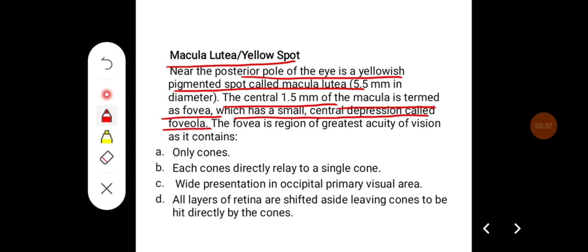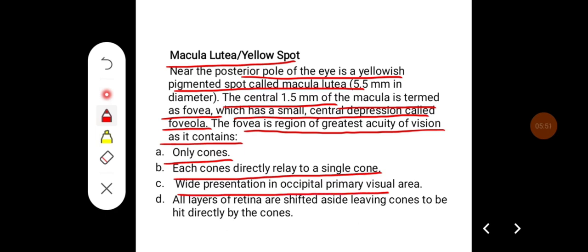The fovea is the region of greatest acuity of vision, as it contains only cones, and each cone directly relays on a single cone, and wide representation in occipital primary visual area, and all the layers of retina are shifted aside, leaving cones to be hit directly by the